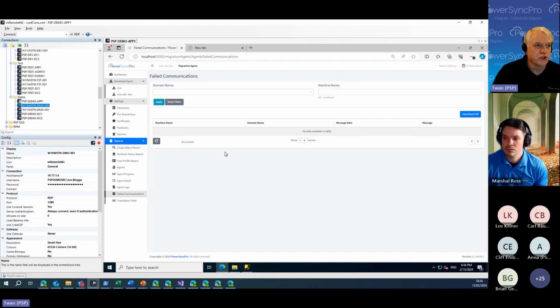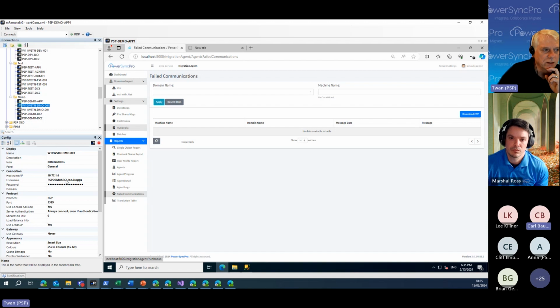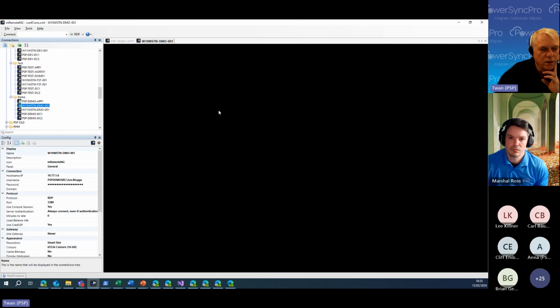The other thing I wanted to show, so I've migrated that machine, the Windows 10 Workstation Demo 1 machine, and just to show you what it looks like from a user's point of view when they log on after migration. So this machine has already gone through the process, and this user, Joe Blogs, because we're not taking the domain over in this case, I've updated his UPN in the source ID to now match what the target tenant says it should be. So if I log in,